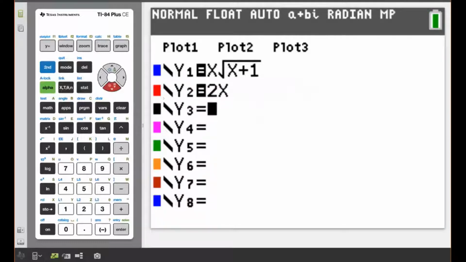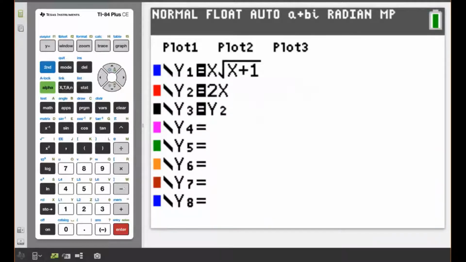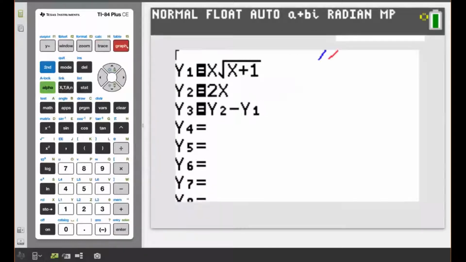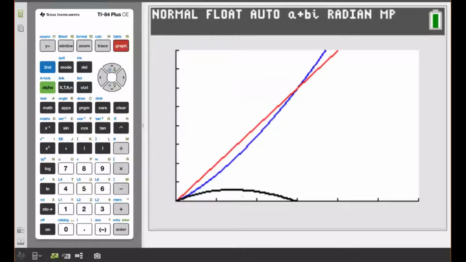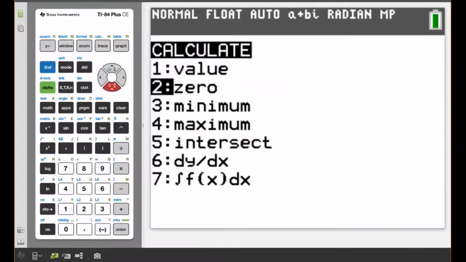So I can go in here, I'm going to use alpha F4 just to get up my variables really quickly, and I'm going to go y2, again remembering that was the upper line, minus y1, which is the lower line. This is going to give me a third graph, which is the difference between those 2 functions, and I can see there I've got an x-intercept at the same point where my intersection point was. From here, I can then calculate my area,